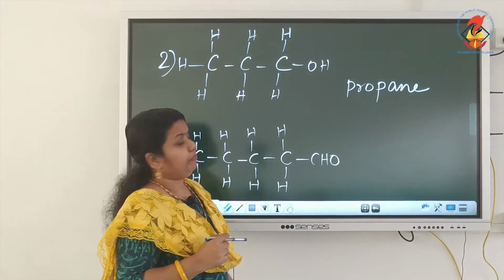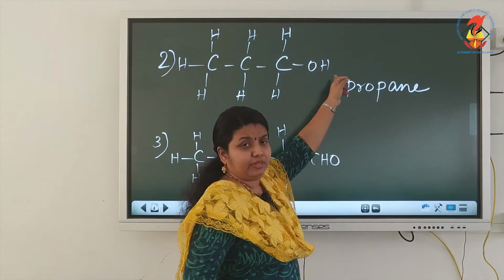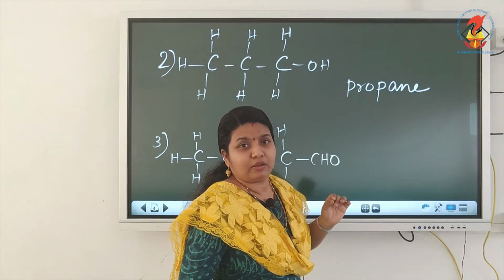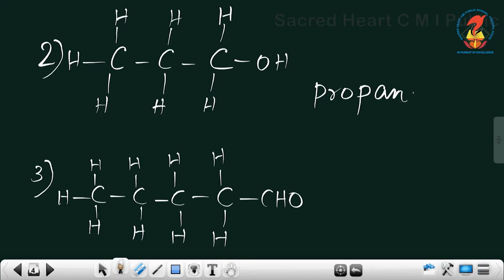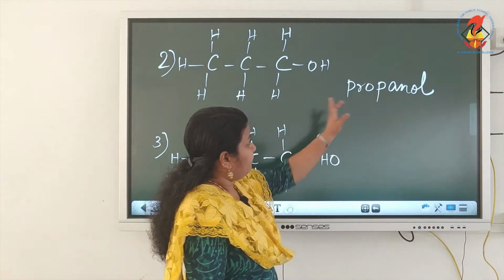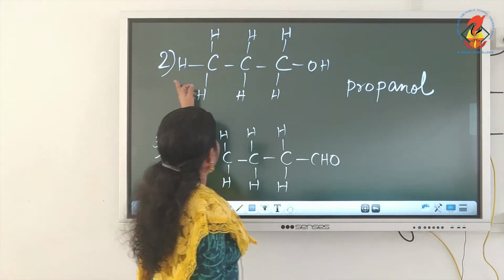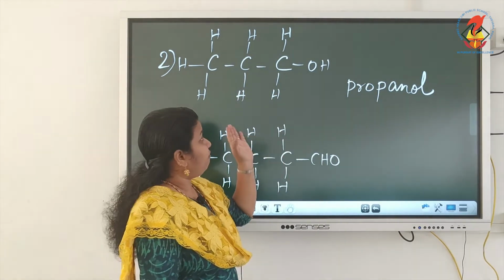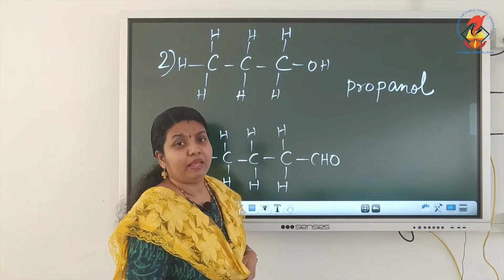Write it as propane. Now, is there any functional group present? Yes, there is an OH group. OH, alcohol. What is the suffix? Is it prefix or suffix? Alcohol, it is suffix OL. So, how do we write the suffix OL? By deleting the final E from propane. Delete the final E from propane and write OL, making the name propanol. Clear? So, 3 carbon atoms, all the bonds are single bonds. So, we write it as propane. Final E is deleted and we write the suffix OL for alcohol. So, making the name propanol.